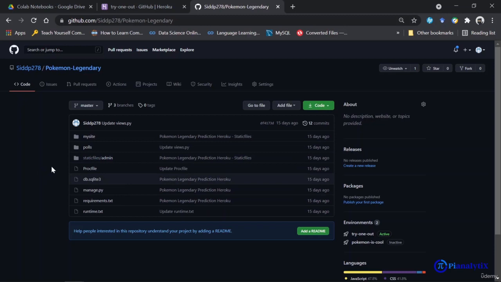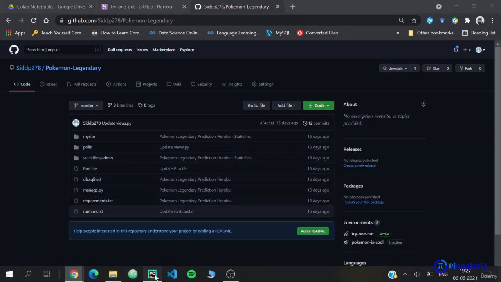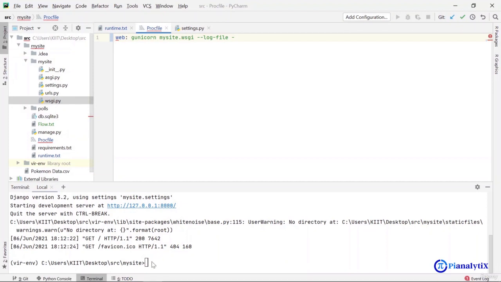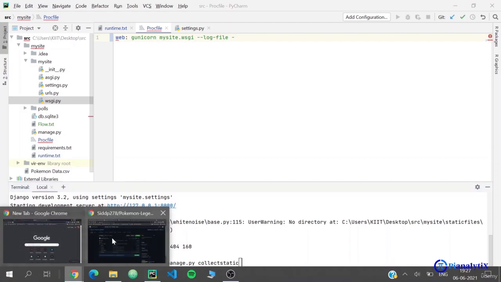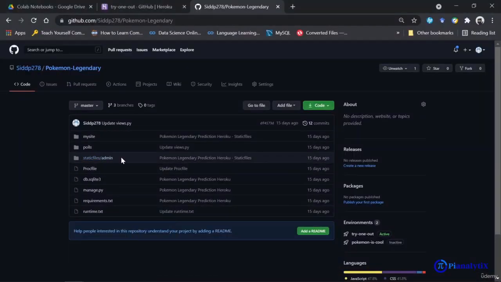If that is the case, just run python manage.py collectstatic. Then a new folder named staticfiles will be built here, and then you can upload the code to GitHub, like you can see here.